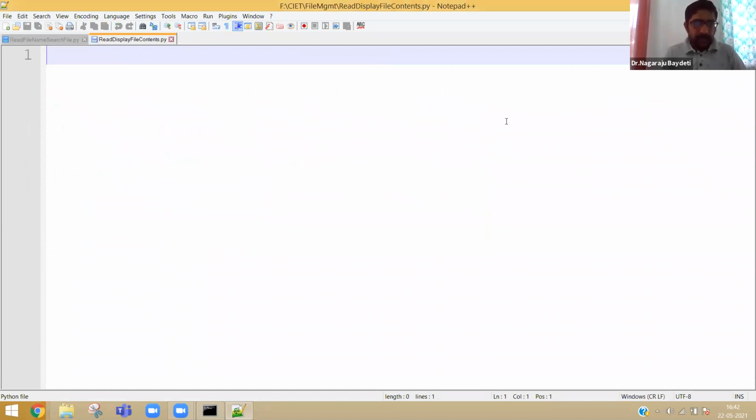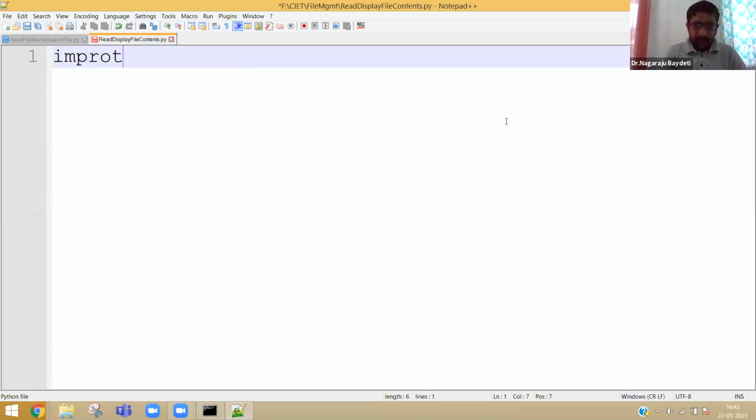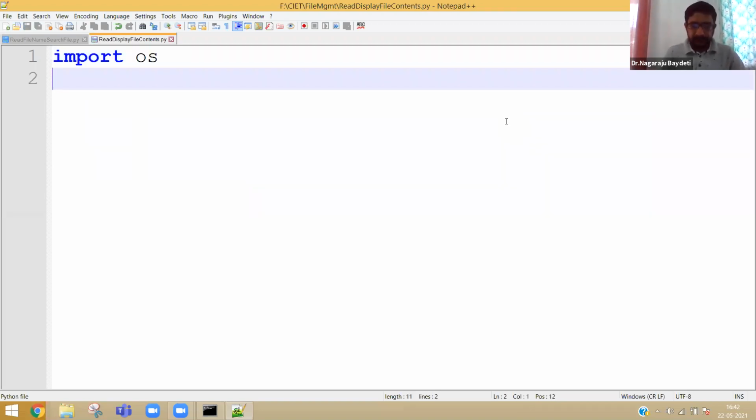See, I am just trying to repeatedly write the logic so that you will become familiar with how to actually write programs in file management. The first thing is we will import the OS package.